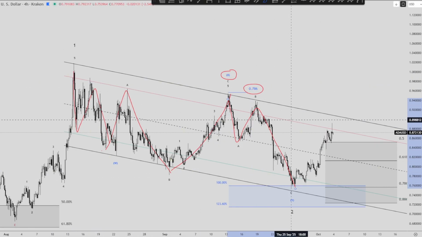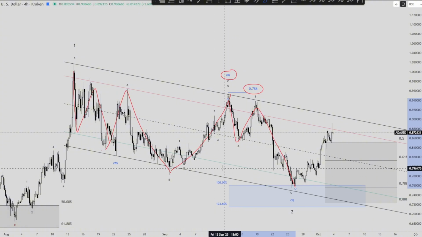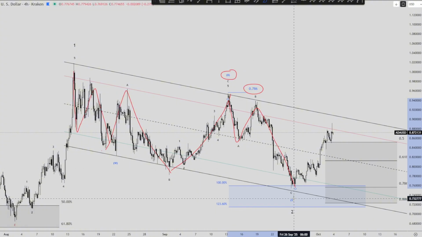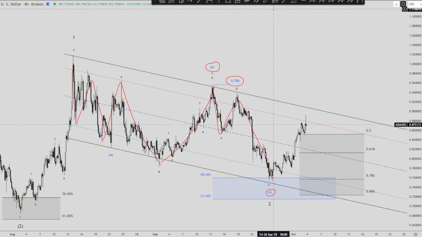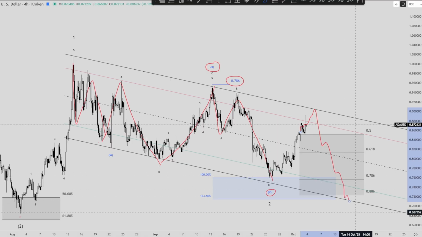786, very common level. 100% extension level, also very common for a W. Sorry, for a Y. So yeah, we have to be open-minded for the possibility to get rejected here and come down for a final test. Even that I could actually chart. In that case, you would deal